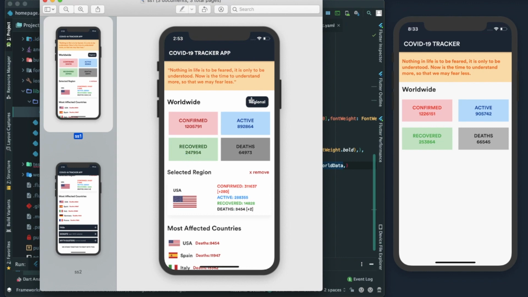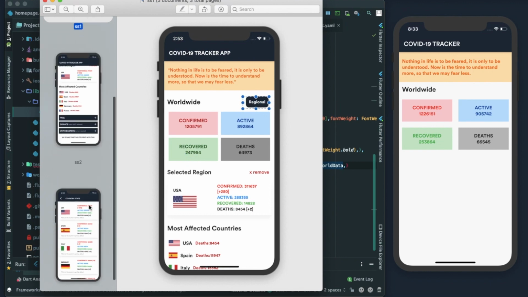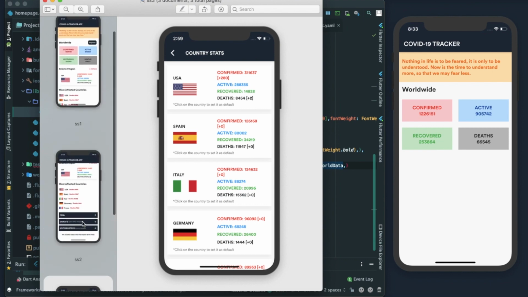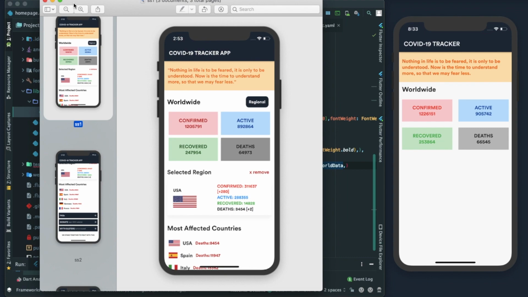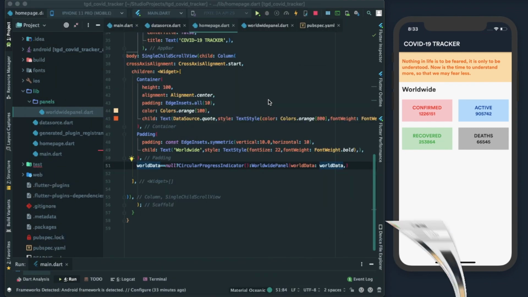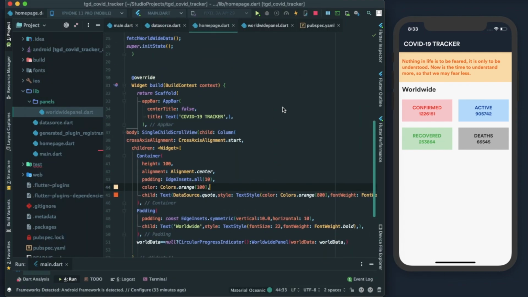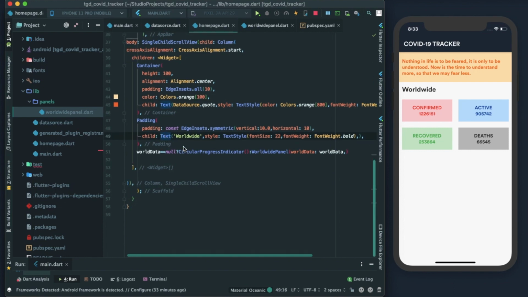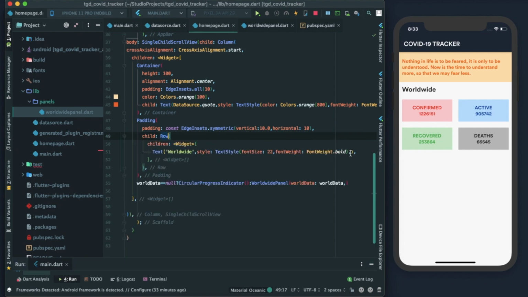And right, next thing is this button, the regional button. On clicking this button, you'll get this screen, this country screen. We'll see the country screen afterwards. First, let's make a button here. So for that, go to your text where you wrote the worldwide. Now in this text, what we're going to do is wrap it with row, and after that just copy this again,